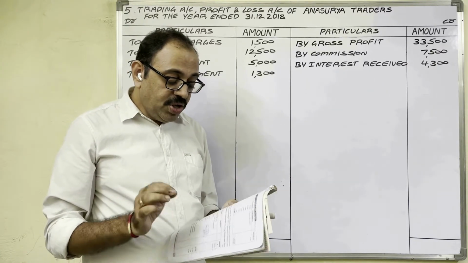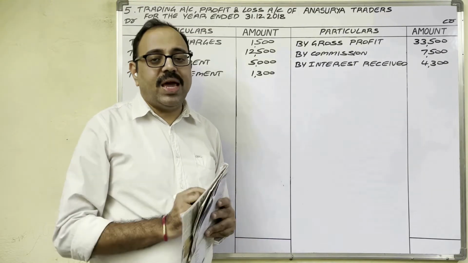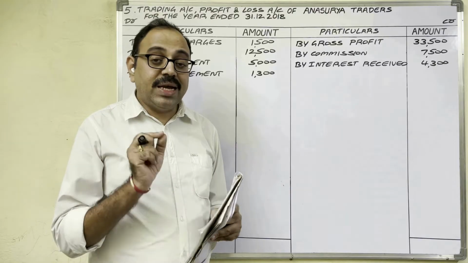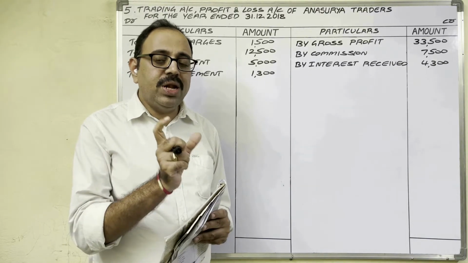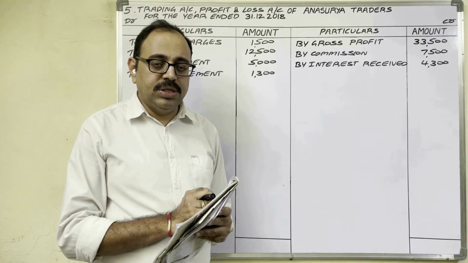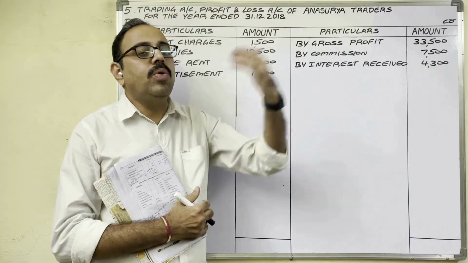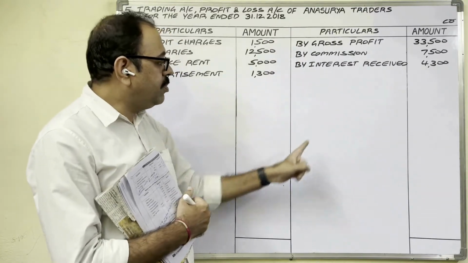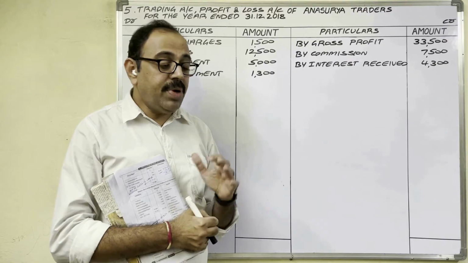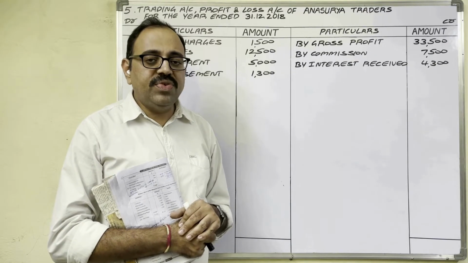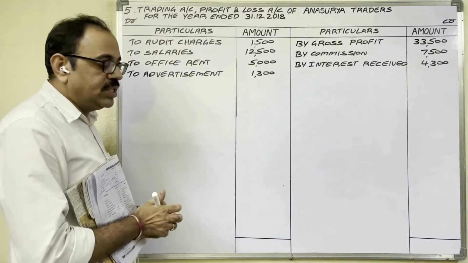Second one, interest on capital 6%. Interest on capital, why do we calculate? In the second problem I explained the reason for this. So the second problem video link is available in the description box. Interest on capital means the firm has to pay the owner. In the firm's books we are preparing final accounts. Think from the firm's point of view. The firm has to pay. So to the firm, this is an expenditure. Therefore, on the debit side, we have to show this.